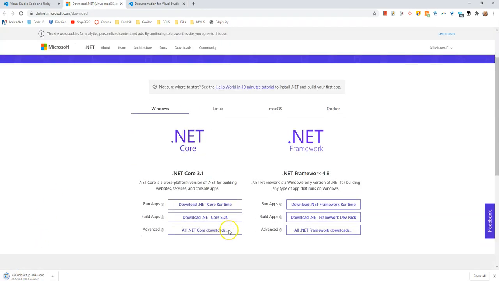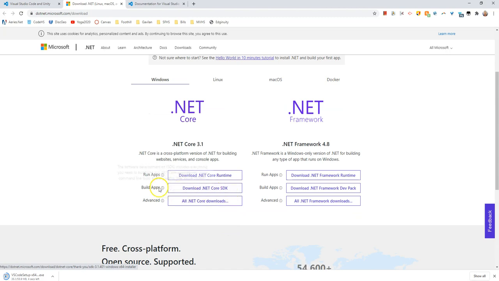For .NET, what you want is to build apps. So you want the .NET Core SDK. I would also get the .NET Framework. Okay, so this is, again, for building apps. So putting this on your machine is,